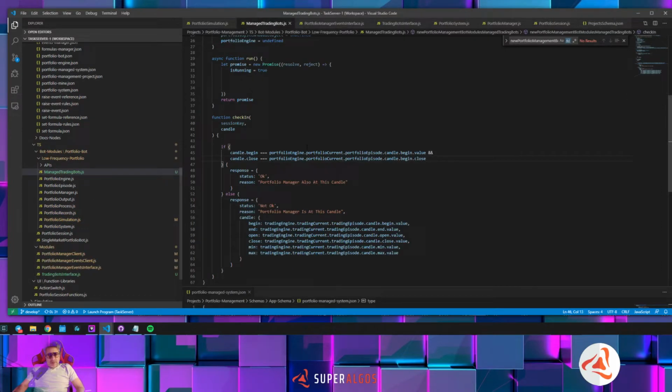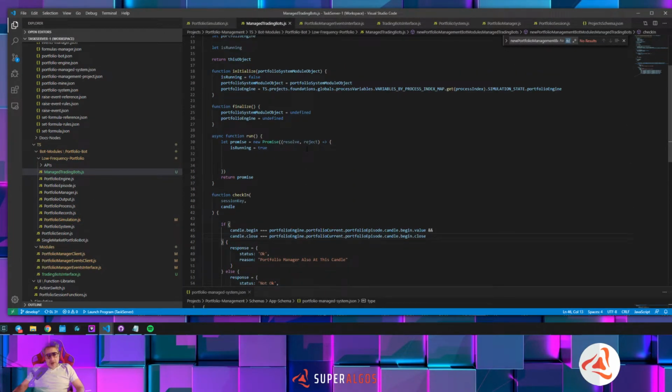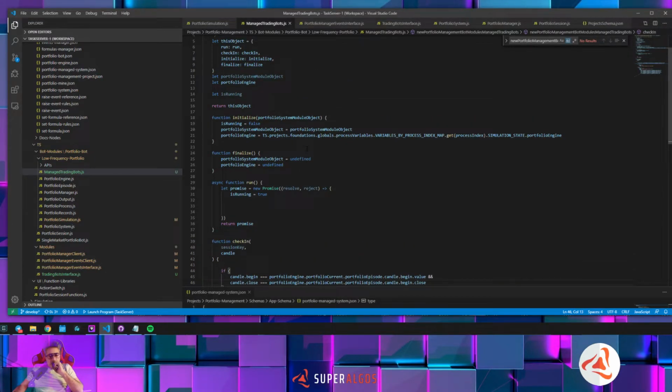So now here I will have a map by session key of all the bots